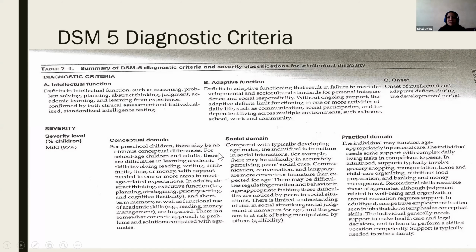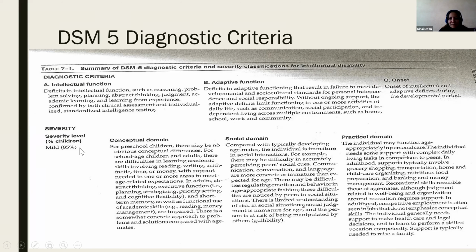So I want you guys to go through the diagnostic criteria, to read through and to kind of match. So when we're looking at somebody who has mild intellectual disability, 85% of intellectual disabilities will be in the mild range. So looking at these conceptual, social and practical domains, what are their areas of strengths? So for example,